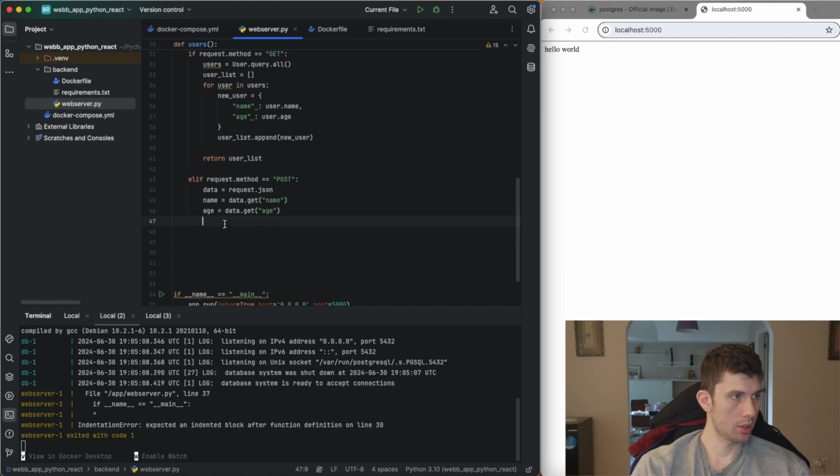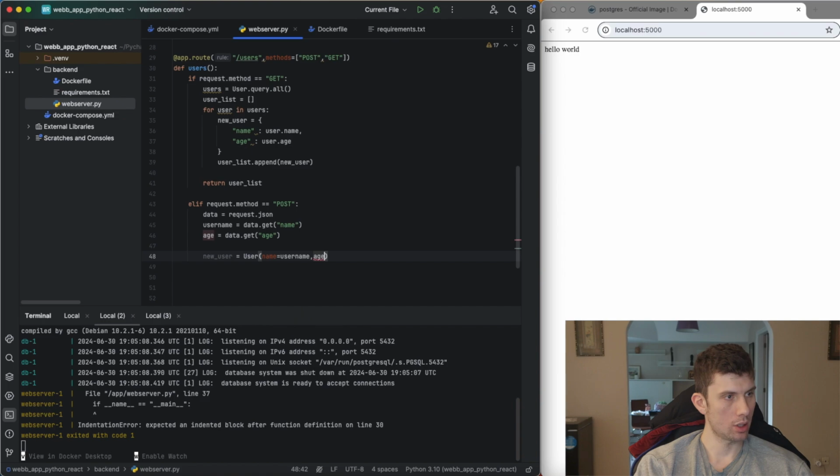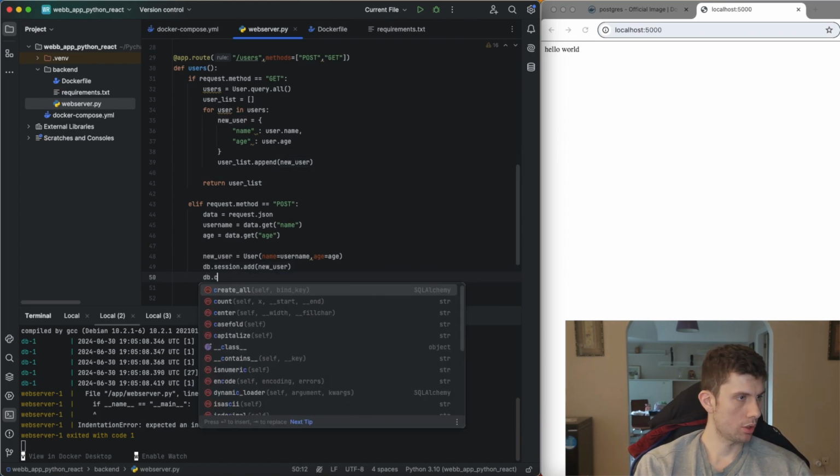What we're gonna say is we're gonna create a new user equals User, and the name is gonna be the name. So the name in here, I can do something like username, so you can see what. So this should be the username, for instance, and the age equal age. And what we want to do after is just gonna be db.session.add(new_user). So we add a new user, and after we commit